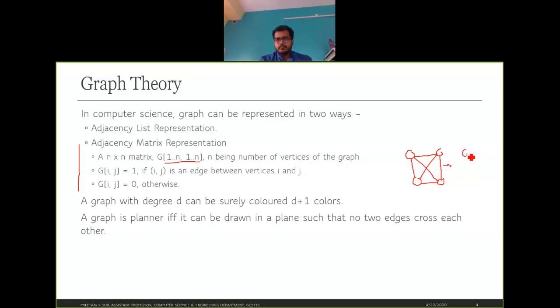So we will have four vertices, and if you represent this graph in a different manner, it looks like it is not a planar graph according to the definition, because the definition says no two edges should cross each other, but here you can see the edges are crossing. But you can represent it in a different way so that these edges don't cross. If you represent this graph in this way, you can see that it can be represented in a plane without crossing any edge with each other.